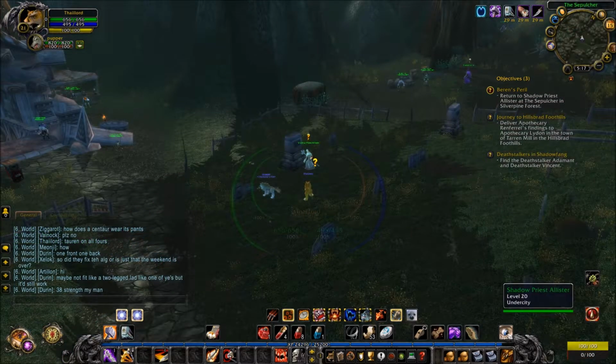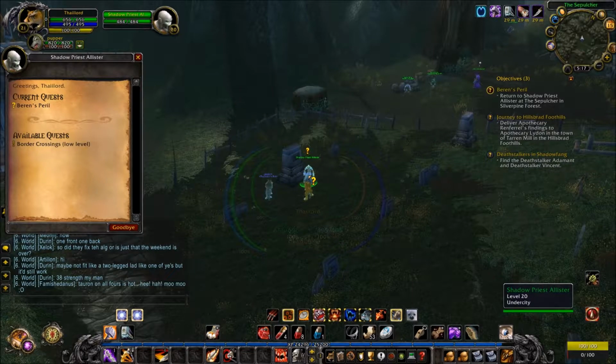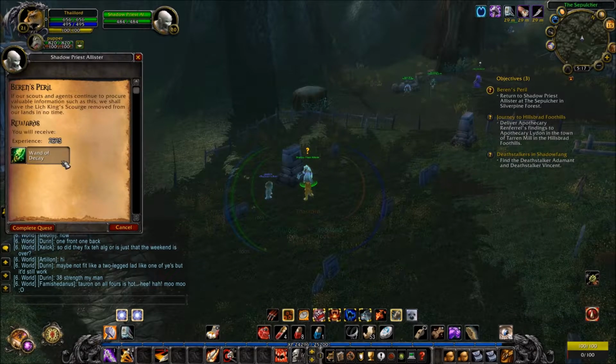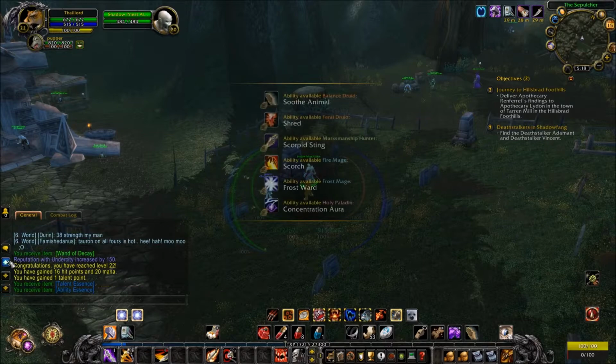Hey everybody, I'm back here in the Sepulchre. Let's go ahead and talk to Shadow Priest Alistair. I wasn't originally going to plan showing you guys me turning this quest in, but I figured I'm already at like 95% experience, and this will definitely push me over the top. So let's go ahead and turn this in, get that level up,